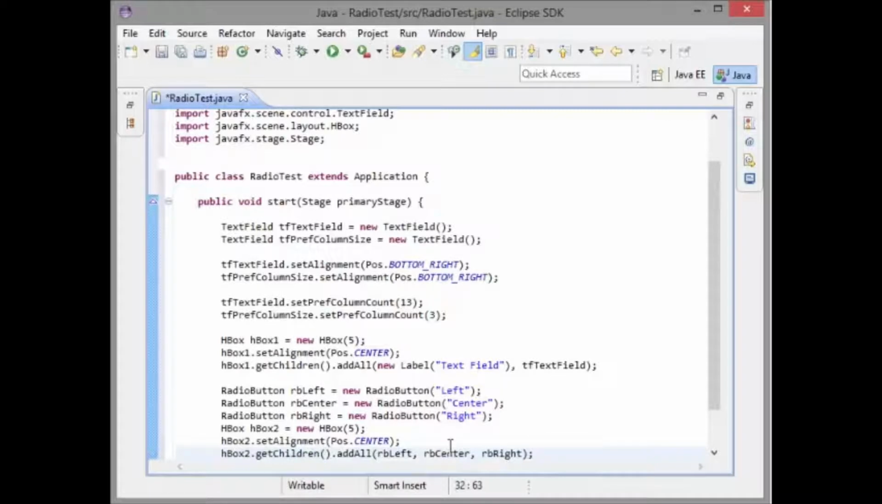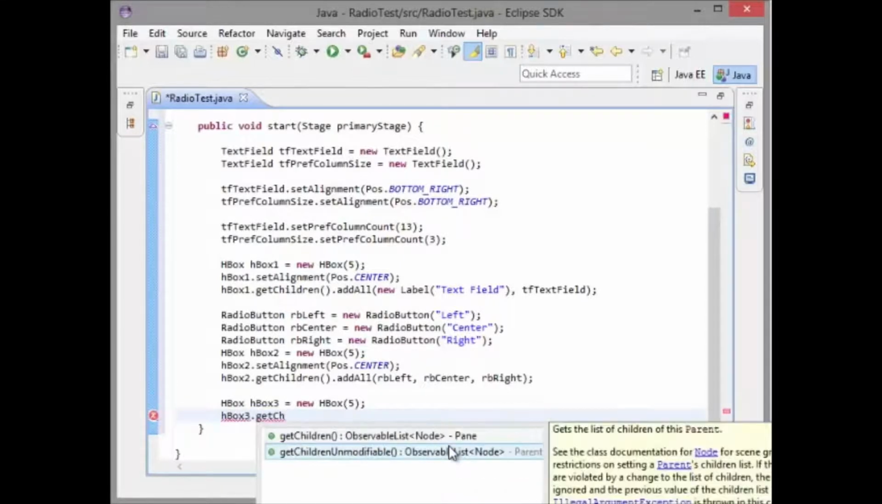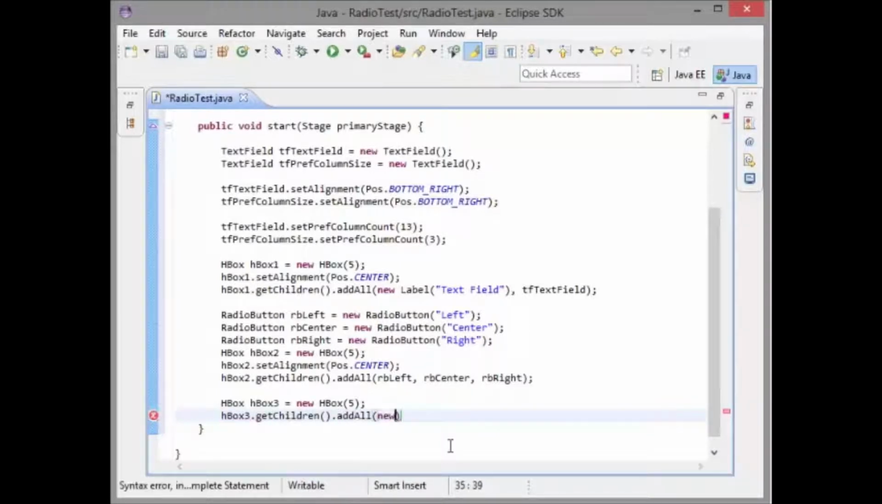Next up, we will create another horizontal box to store the other text field that we created earlier. So hbox, hbox3, again pass in 5 to the constructor, and we will add a new label for column size and TF preferred column size. Alright, we'll add one more thing now,